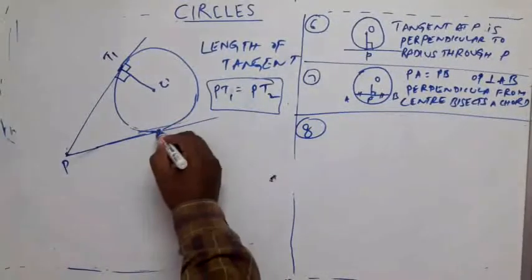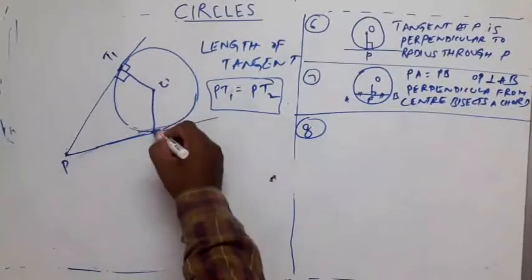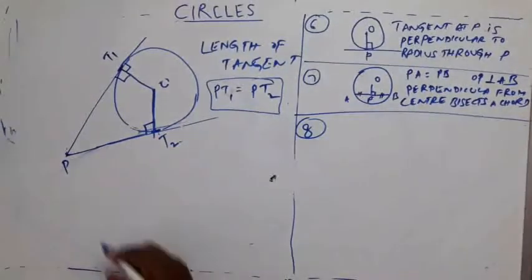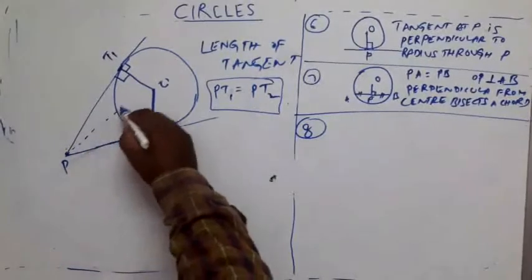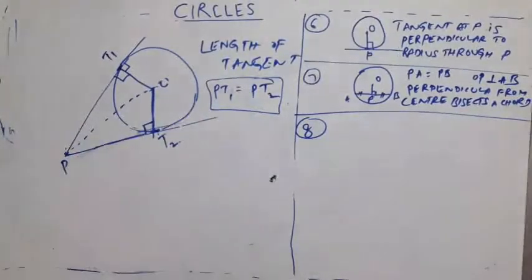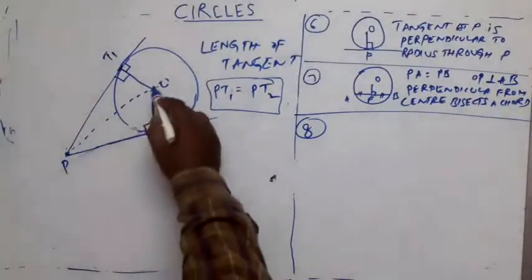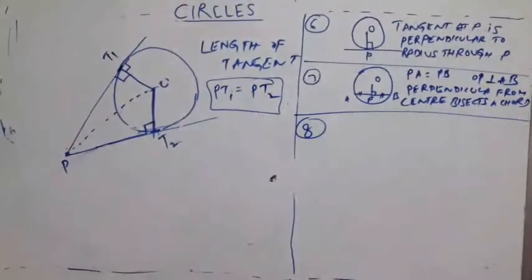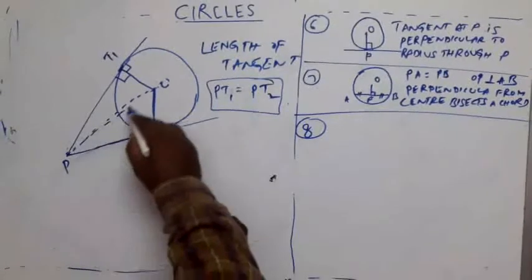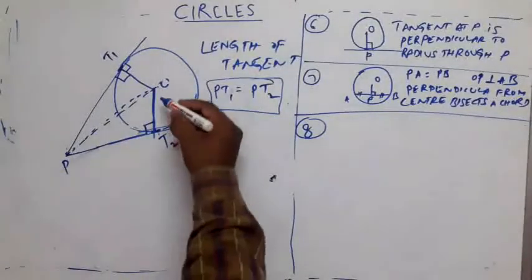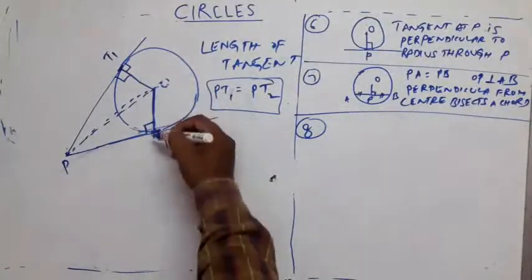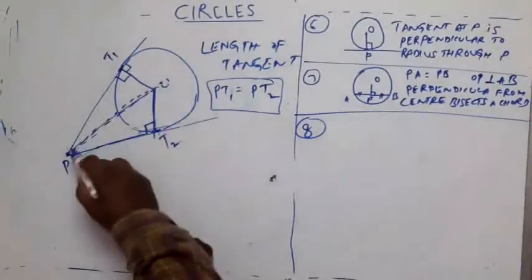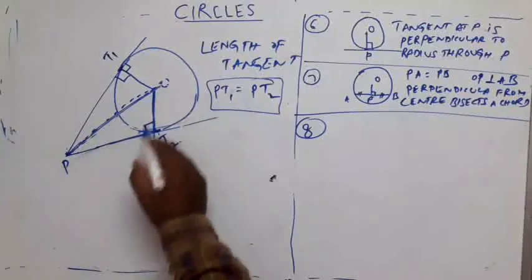In the same way, I have joined these two. This is another radius, right? Obviously, this is also 90 degrees. See, I have joined center to P. Clearly, this is a right angle triangle. This is also a right angle triangle, right? One more observation. See this. This is radius, this is radius. These two lengths are equal. This side is common, right? PO is common to both the triangles.